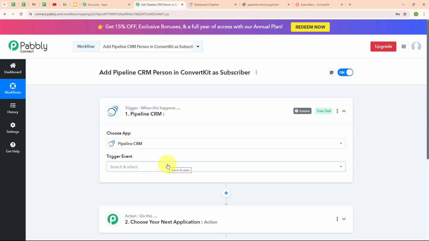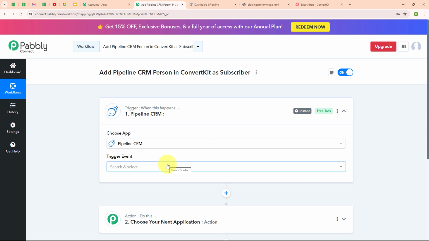It's like a digital assistant that keeps track of your leads, contacts, and deals, making sure nothing slips through the cracks. People use Pipeline CRM because it simplifies the sales process, helps teams stay organized, and ensures everyone is on the same page. With features like task management, email integration, and detailed reporting, it's perfect for sales teams looking to boost their productivity and close more deals.